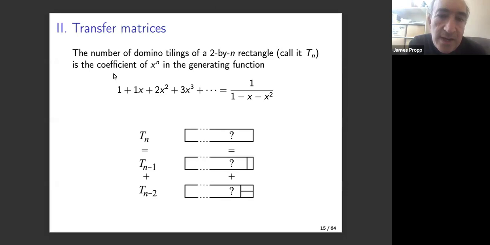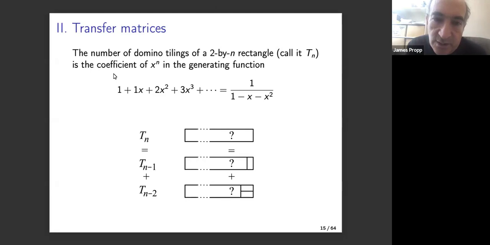So let's start with counting domino tilings of a 2 by n rectangle. I'm going to call that number t sub n. You can show that it's the coefficient of x to the n in this generating function, 1 plus 1x plus 2x squared plus 3x cubed and so forth, which is given by the rational function 1 over 1 minus x minus x squared. And the way you prove this is by showing that the sequence t sub n satisfies a second order